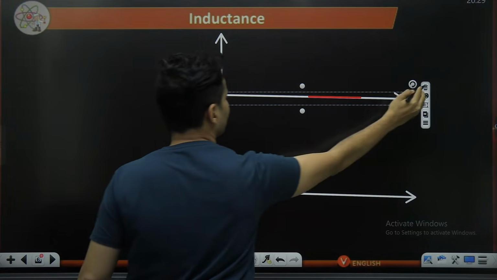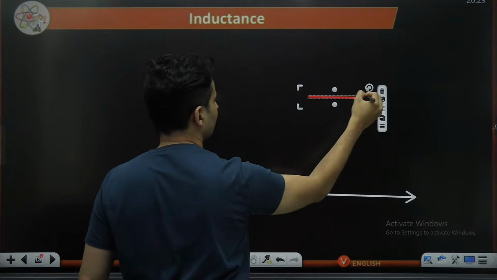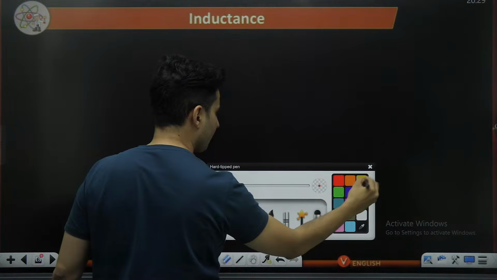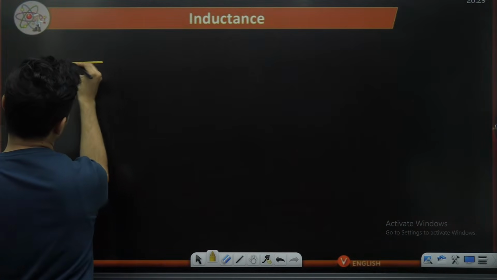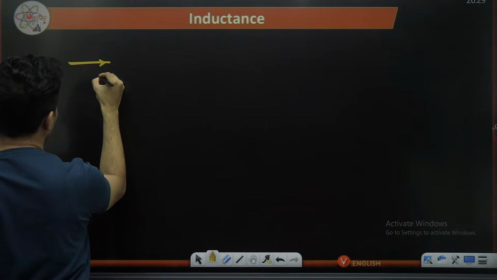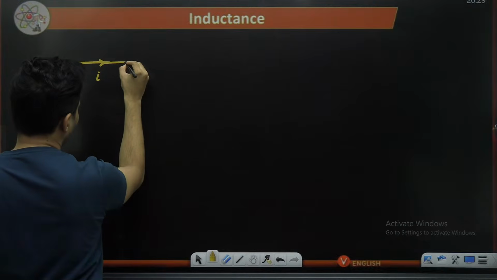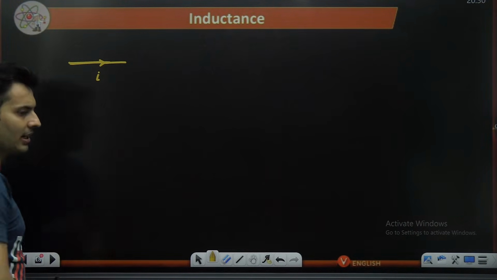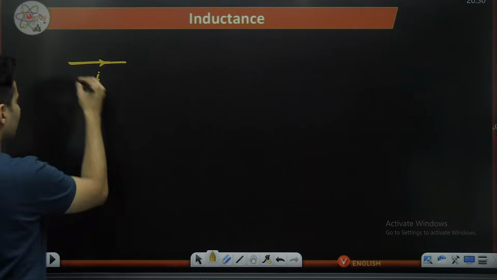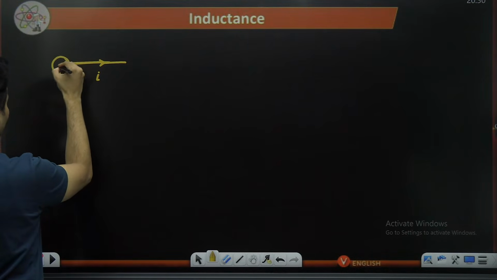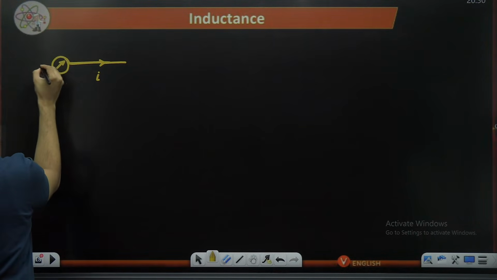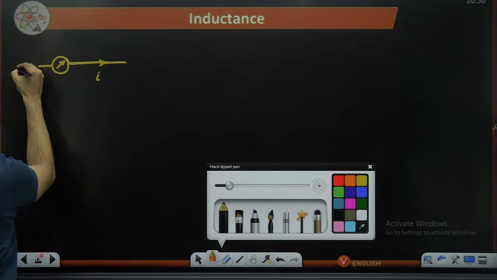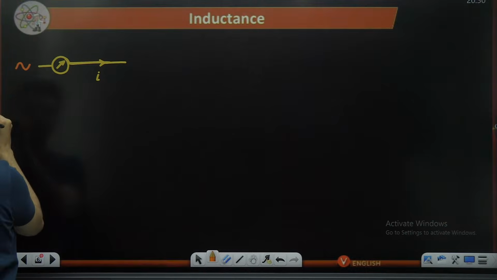See, imagine that we have a wire which is carrying some kind of current, and imagine somebody decides to fluctuate that current. The current is made to go up or down. So I have an ammeter to measure the fluctuations, and somebody decides, I'm going to make that current go up and down.